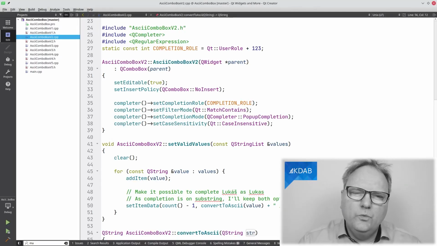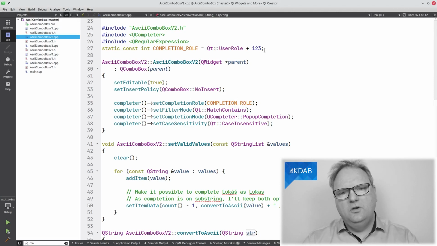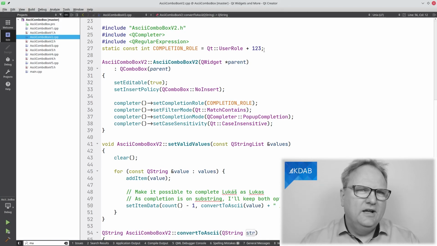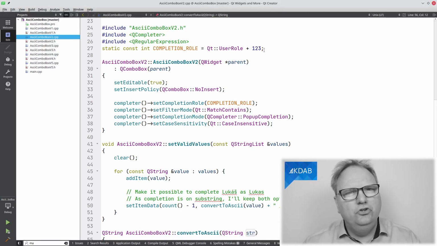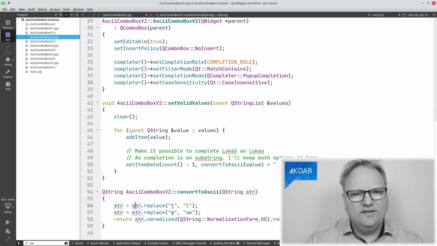So the way that it works is that on my completer, I now say set completion role to be a role. And up here you can see the role is just the user role plus a random number. I guess I could just use Qt user role, but I'd rather be 100% sure that I'm not stepping on my own toes in one way or the other. So I add a number to it. And then whenever I set up my data, you can see that I say add item here.